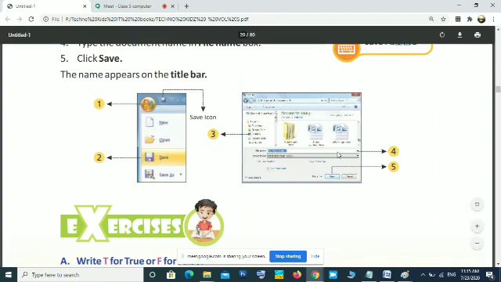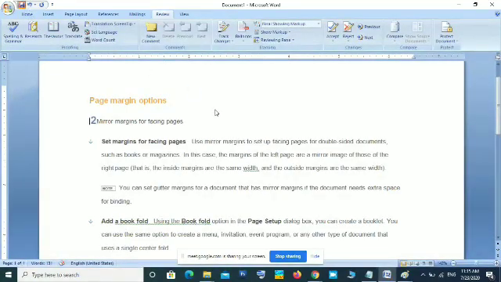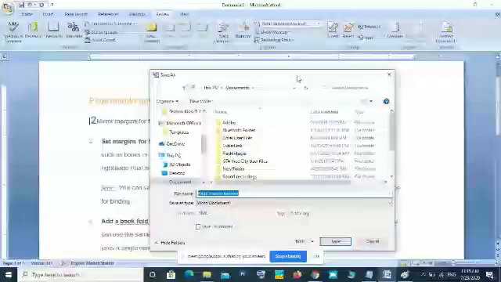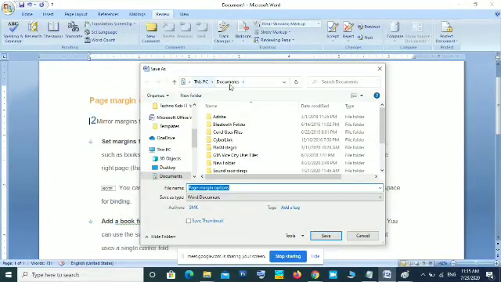In the save as dialog box, you have to remember where you are saving. When you click the save button, you will get a save as dialog box. In this dialog box, on top you can see the place where your file is saved. When I am saving this file, it is in this PC documents folder. You have to remember where you are saving, otherwise you will not be able to open it at a later stage. For example, this file I am going to save.